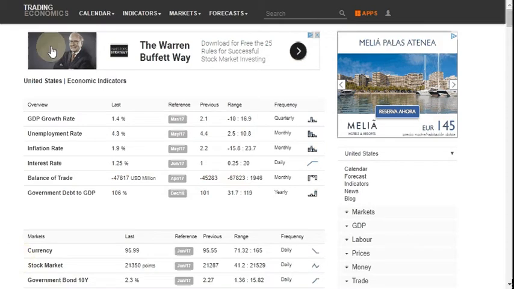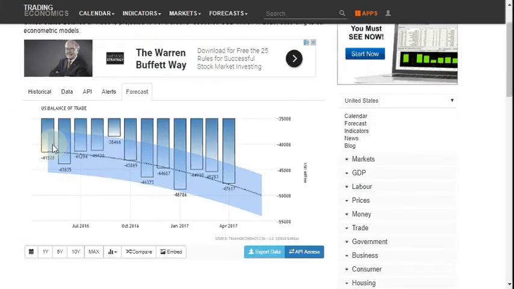So now let's move on and focus on the balance of trade. As you can see here, you have the data for the deficits, and we expect the deficits to go on, and that means that the US dollar will remain high. Okay, so for you guys who are trading forex, you should really have a look at this particular indicator,